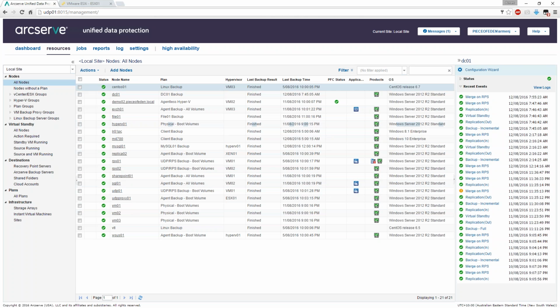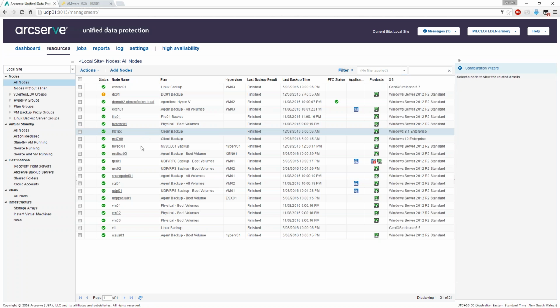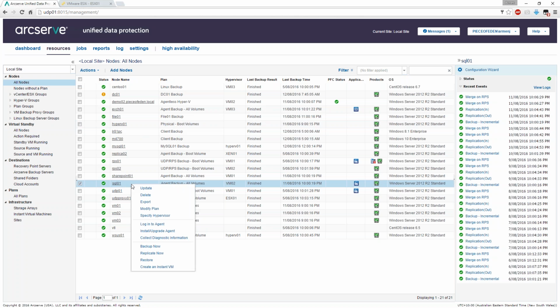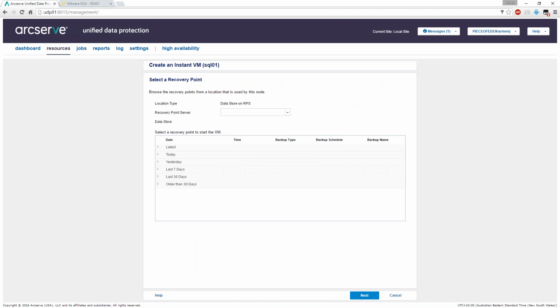I have the option to stand up any machine that I want as an Instant VM. And to do that, all I need to do is have a backup of a server, and then I might choose, for example, maybe my SQL server went down and I want to turn that on as an Instant VM. If I right-click on that, I have the ability at the bottom here to create an Instant VM. So I'll click on that,